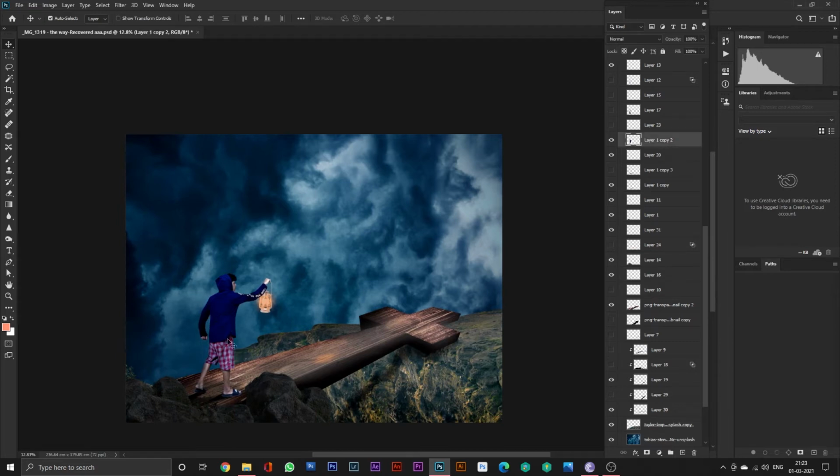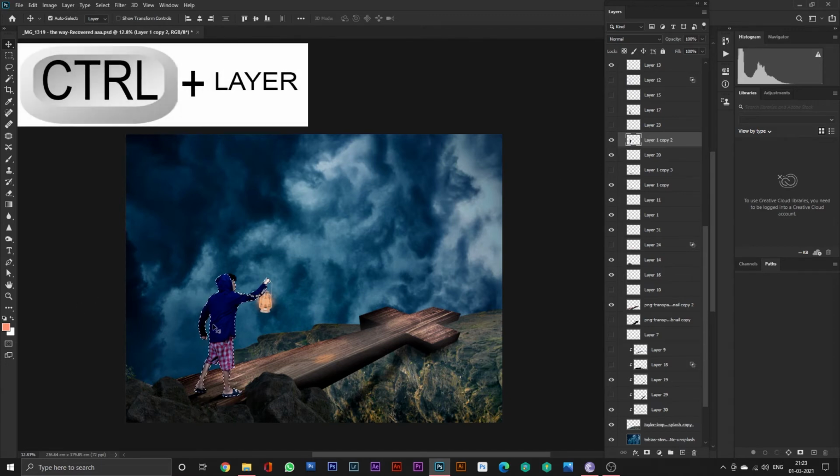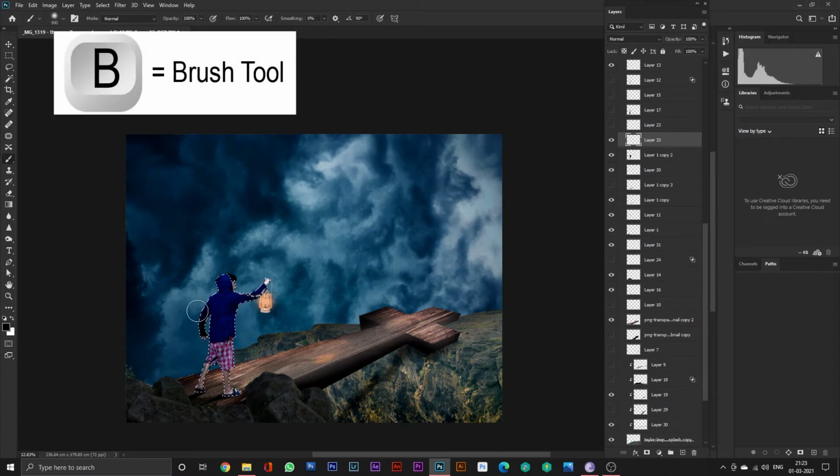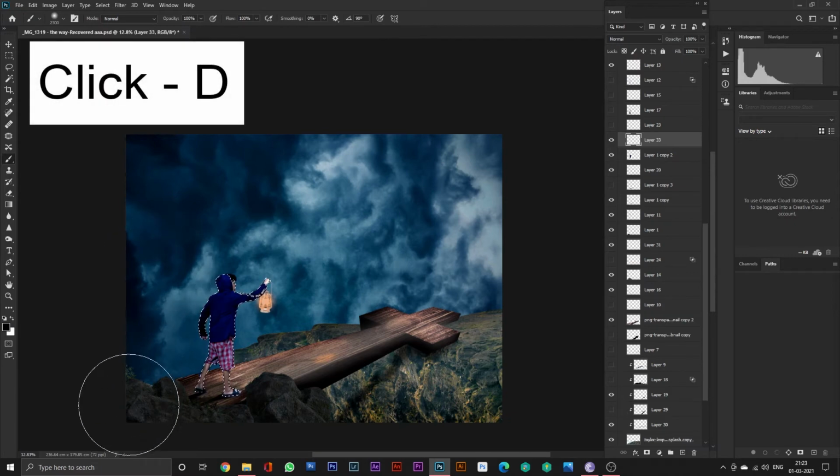And one more thing, whenever you see an object, the light is before you, there should be a back darkness behind you. So what I did here is I selected the object again by pressing Ctrl and the layer, and then I went back to the foreground and the background color.